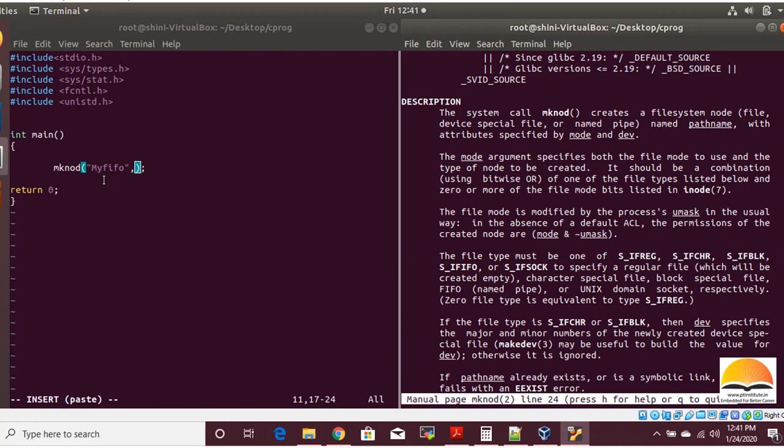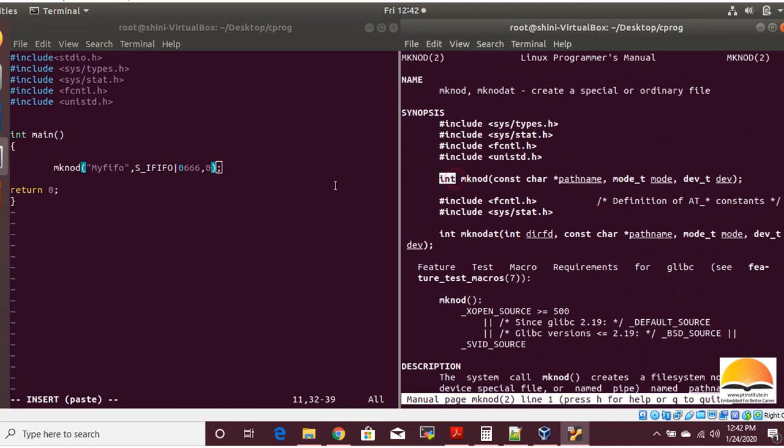permissions. So we are giving S_IFIFO here. We want to create the FIFO and we want to give permission to read and write for the user, root, and the group also. We have given permission 666, which means read and write permission to the user and all. This 0 signifies dev 0; for the FIFO we have to make it 0. In other cases we will make it something else.